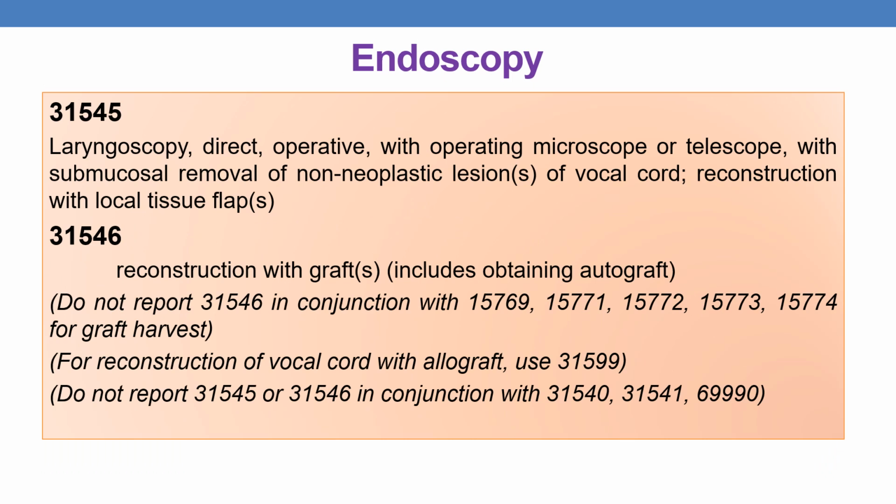The next CPT is 31545. It deals with laryngoscopy, direct operative with operating microscope or telescope with submucosal removal of non-neoplastic lesion or lesions of vocal cord, reconstruction with local tissue flap. The next is 31546. If the reconstruction is done with graft, which in this procedure also includes obtaining autograft, then